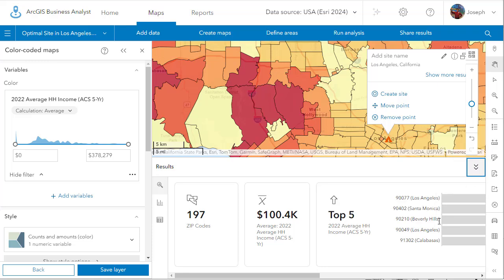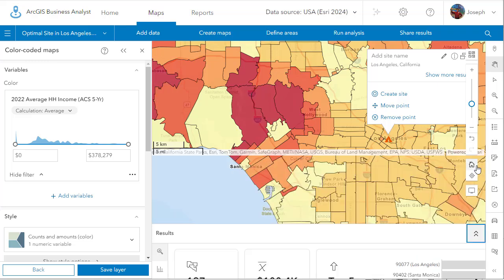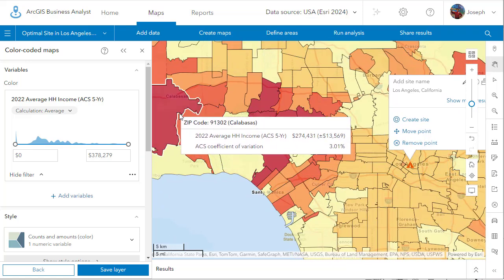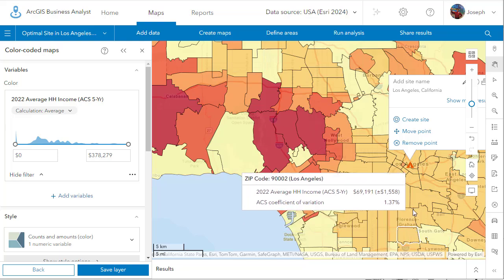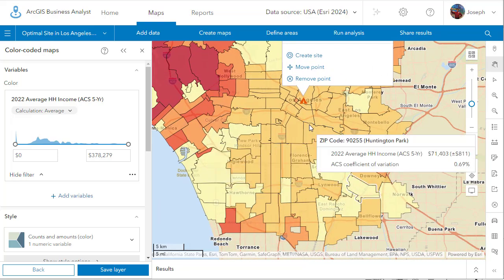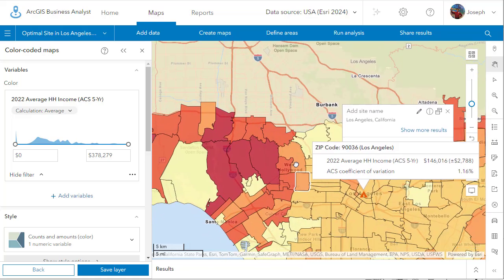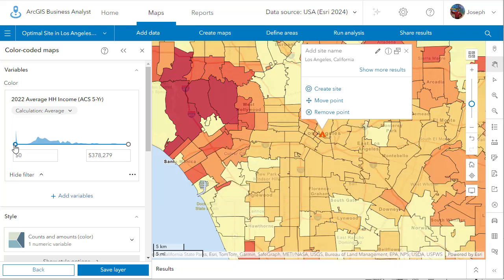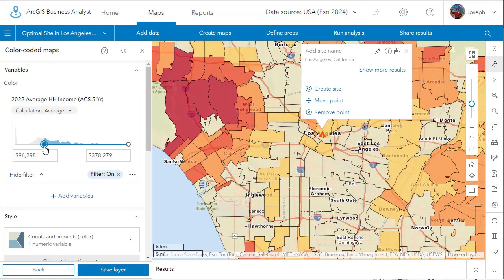And wow, I've got a lot at my fingertips. I've got that simple demographics here. I can look at the top 5, the bottom 5. I've got those capabilities there, as well as browsing around on the map and seeing from those pop-ups what the average household income is from the American Community Survey 5-year data in there. And I can also filter, so I can see that, okay, if I'm just interested in the higher income households